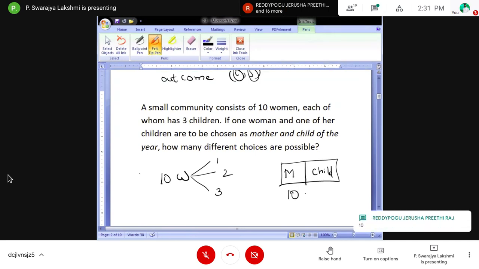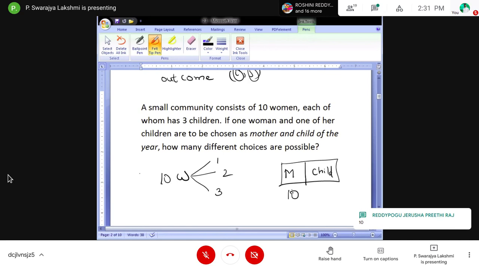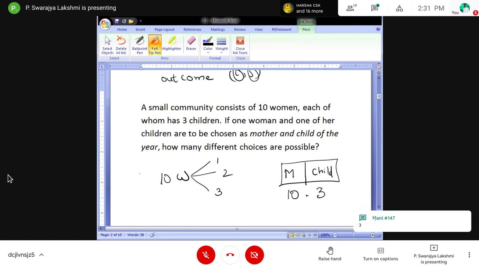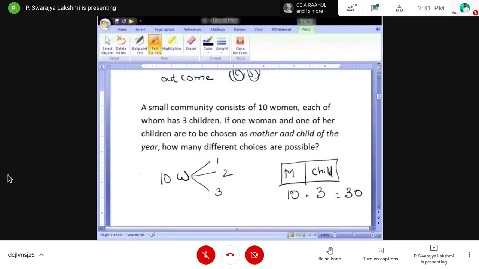So we have 10 possible chances to select one. Right? Okay. And how many children do we have for a woman? For a woman we have 3 children and any one of them can be chosen. So the 3 have a chance. So total 10 into 3 which is equal to 30. So in this way we apply product rule. Now is it clear?